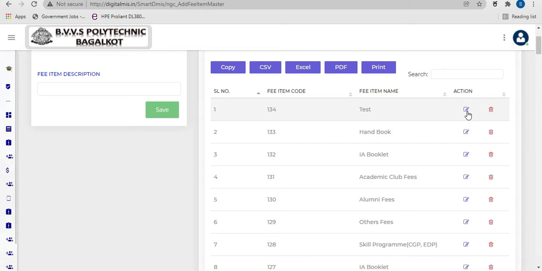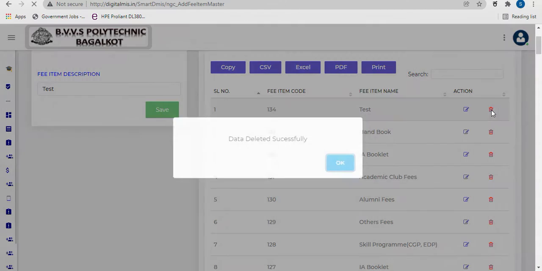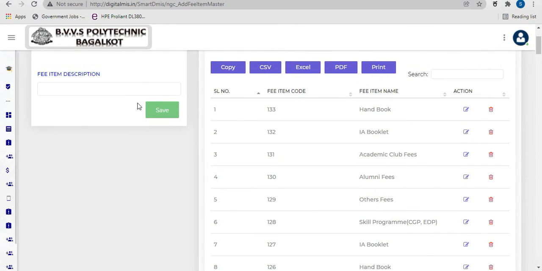If you want, you can edit it, you will have an edit option. If not, you can delete it, so I'm going to delete it now. See, the added test fee item is not seen in the list again.